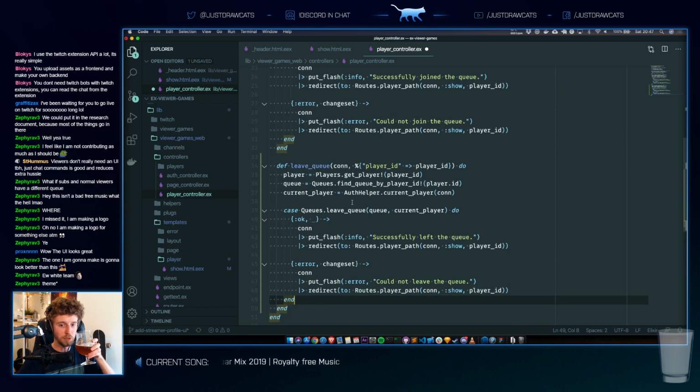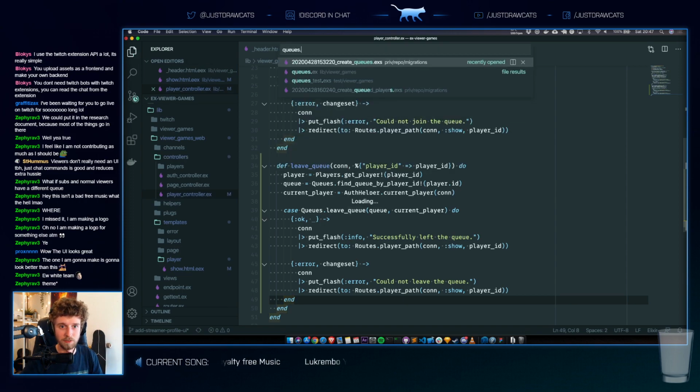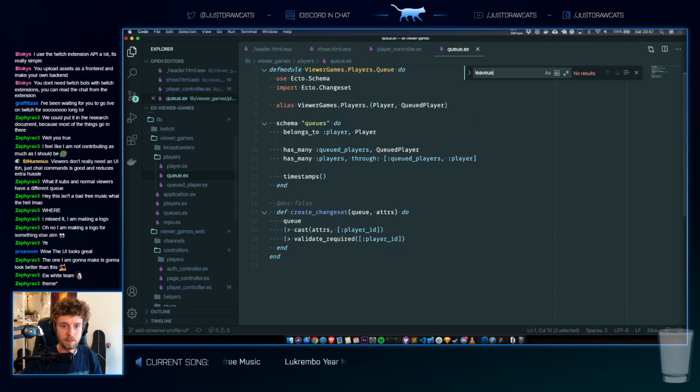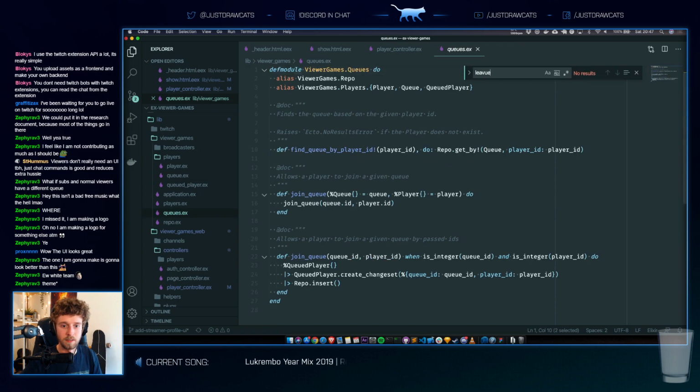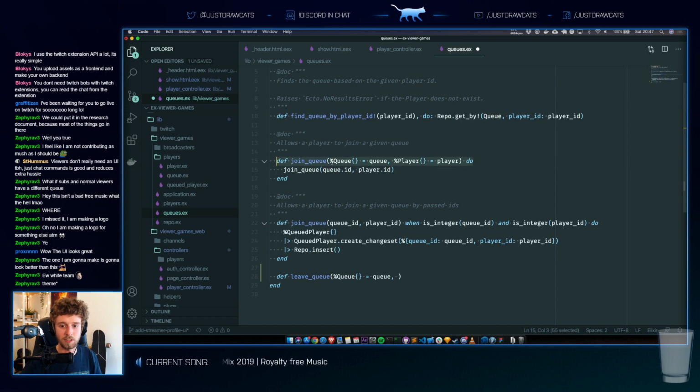Okay, now queues probably doesn't have a leave. But maybe it does. It doesn't. Let's implement that. I'm just gonna use the same interface. You pass it a queue and you pass it the player to let it leave.